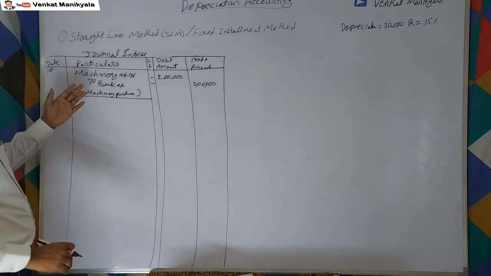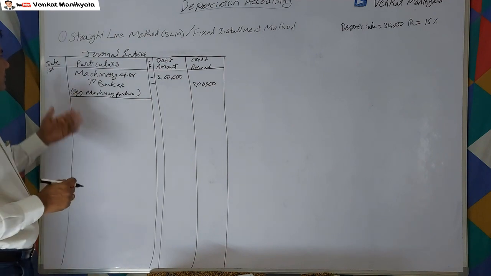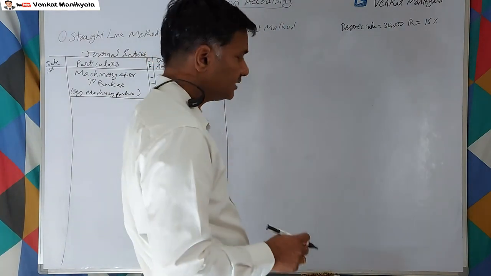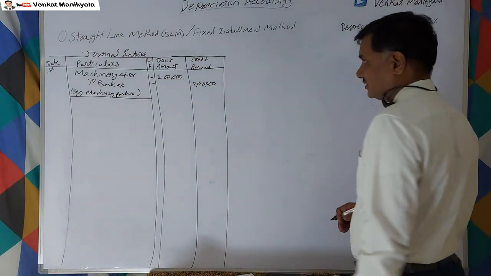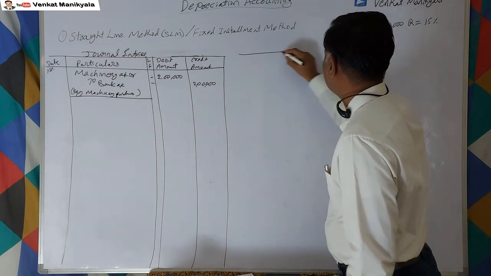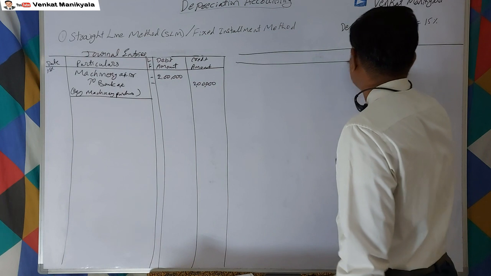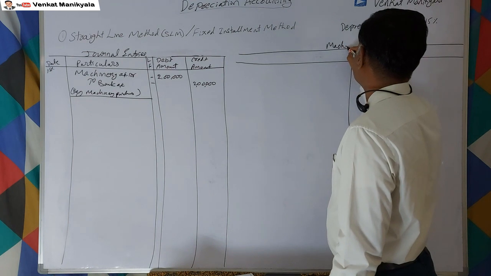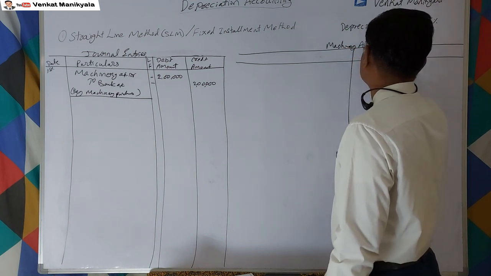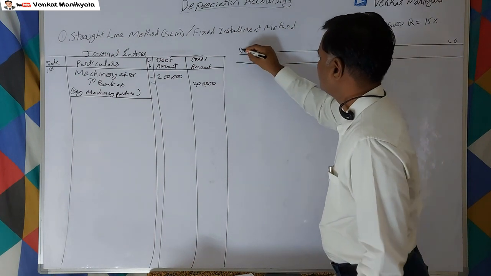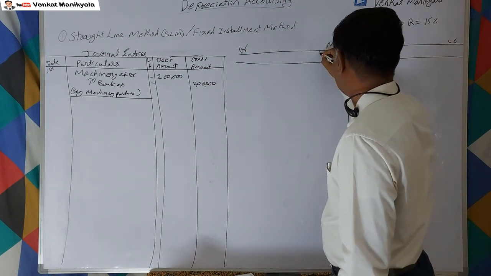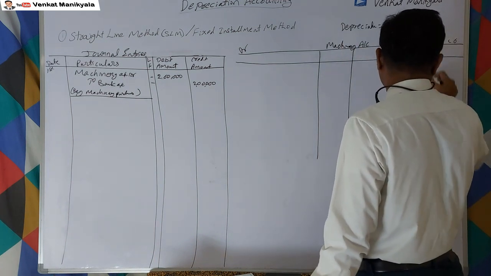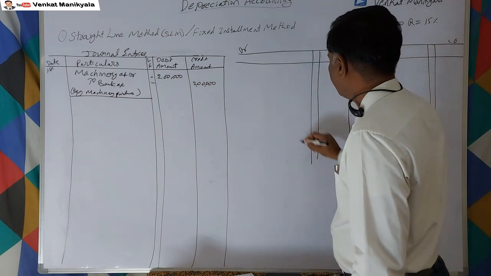So based on this we can start writing the ledger accounts also. Here what is there? Machinery account, bank account. Bank account anyhow will have so many postings that we are not writing, and that is not in a complete shape here. Here in this case I prepare the machinery account because it's specific to this, right? Machinery account, credit and debit. Obviously the ledger posting is the same way as for normal other accounts, right?